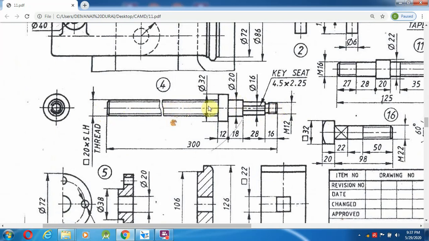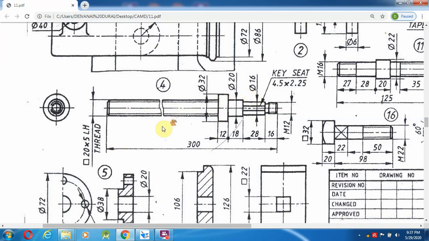First this part you can create, after this one, after this, like this, one part at a time. So whichever is easy, you can follow it. If you draw the single profile, make a revolved protrusion command, pull from the axis with the dimensions of this, and select the end circumference of the circle over here, and you can draw it.